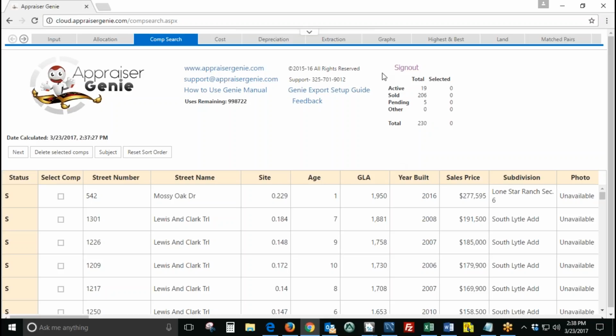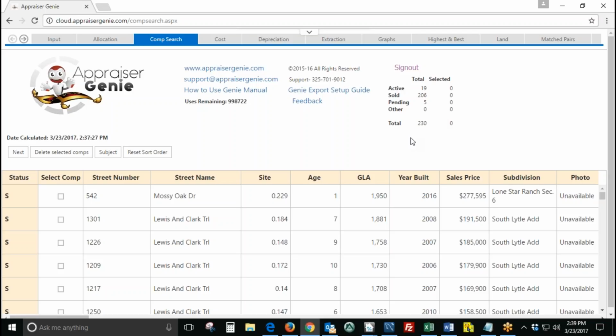And just some background on this. The sold and actives that are within the last year, or within 1 year, excuse me, are going to be used for my 1004MC. All the solds, being 206, we will use for the regression analysis and the matched pair analysis. And for the extraction and allocation adjustments, we just use the subject and whatever comps you choose for the report. So you can tweak this page if you get here and you feel like, my 1004 doesn't look right,